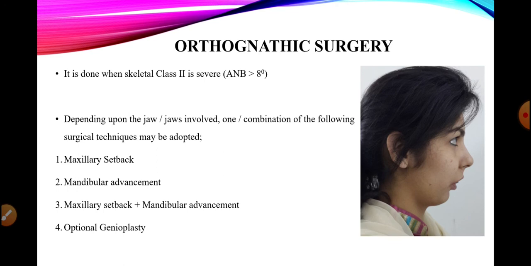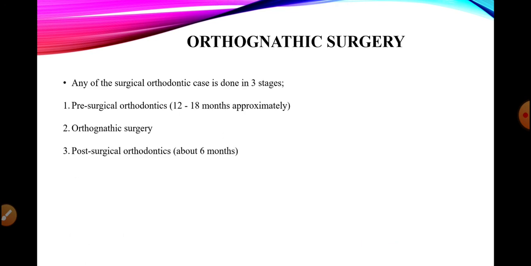And in cases when the patient presents with a severe short chin, you may add an optional genioplasty in order to enhance the facial appearance, and in order to consider the aesthetics and stability of the treatment results. So I'll be going through the minor details of orthognathic surgery just for understanding that the orthognathic surgery is usually divided into 3 phases. It's a pre-surgical phase, surgical phase, and the post-surgical phase.